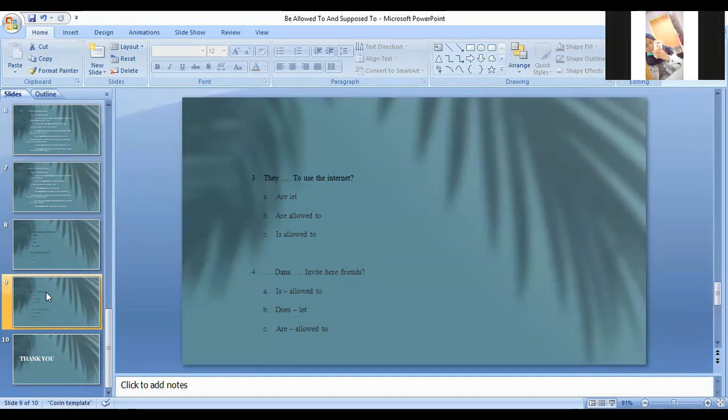A. are left, B. are allowed to, C. is allowed to. Four, Dana is allowed to invite her friend. A. is allowed to, B. does left, C. are allowed to. That's my presentation. If there are mistakes,